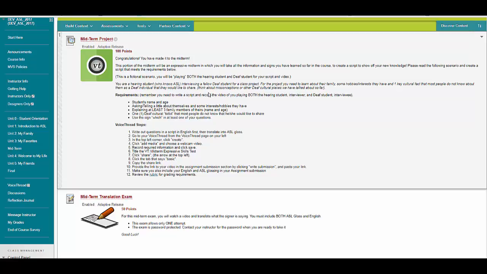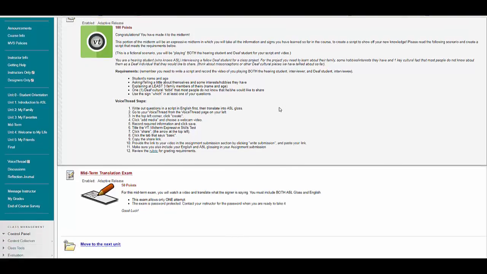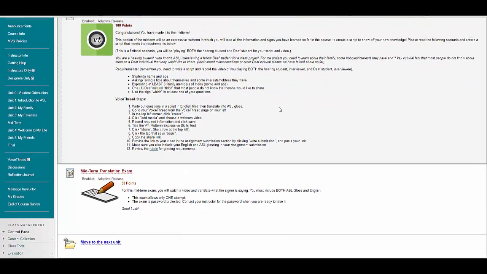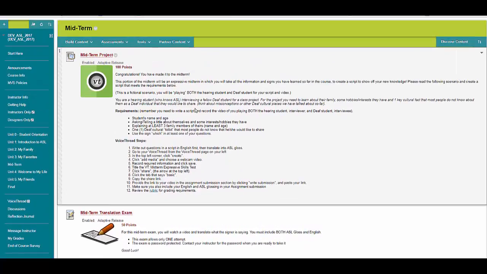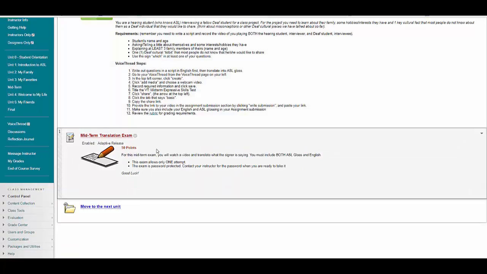So I thought maybe I would create something where the students are using what they've learned so far. So I went back and looked at everything that we've learned from the beginning to the midterm, all the skills and the assignments they've had to do, and made a scenario where they have to create a script and use the language. I liked being able to see the students use the language instead of writing an essay about something that they've already answered earlier or later in the course. And so that's here now, worth 100 points. And then there's still the